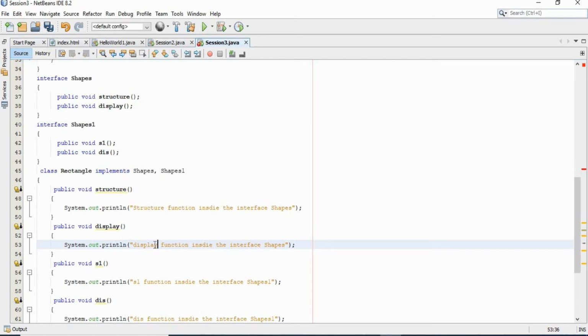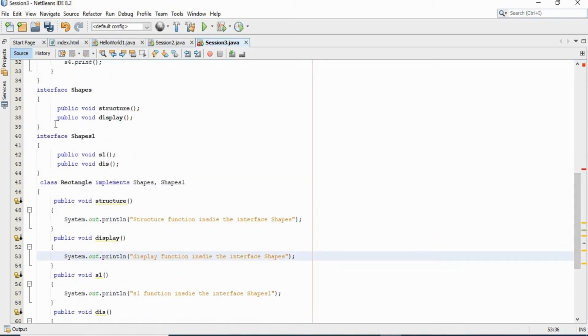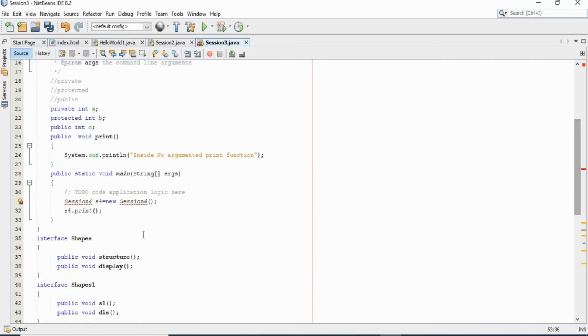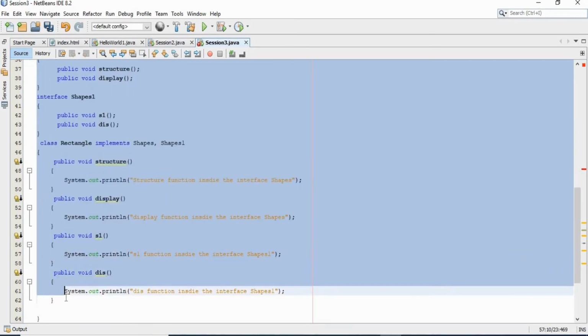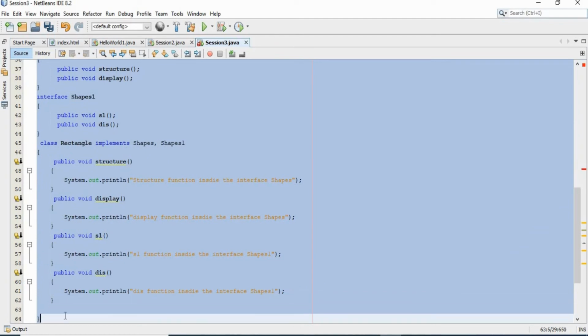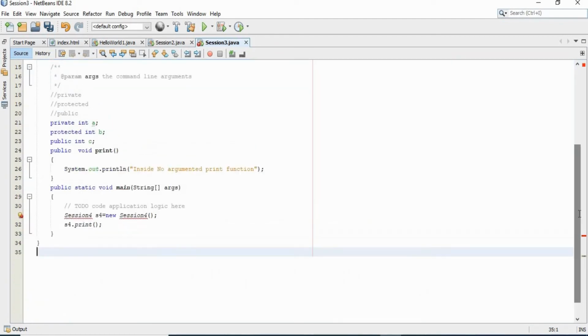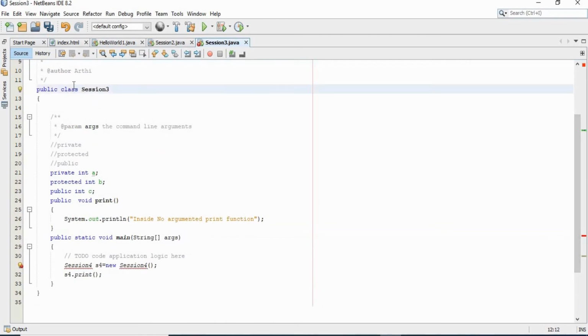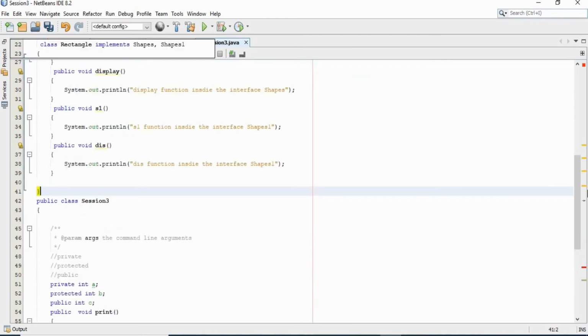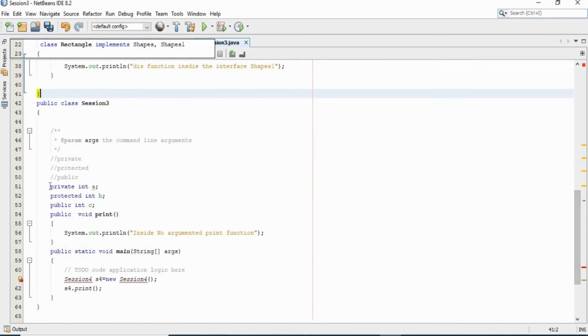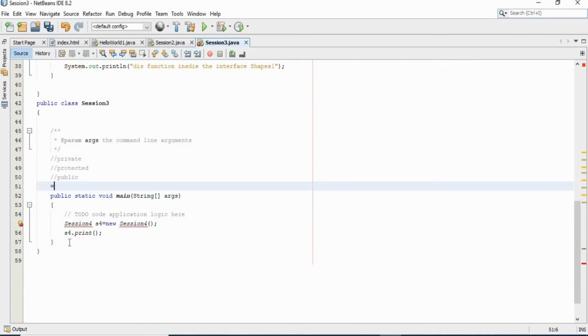In this way we can implement multiple inheritance using interfaces. Here these two interfaces act as base classes, and rectangle is the derived class from the base classes shapes and shapes1. Now we can call these functions inside the main method. There is no need of declaring these variables.